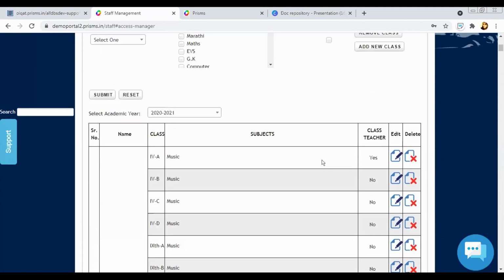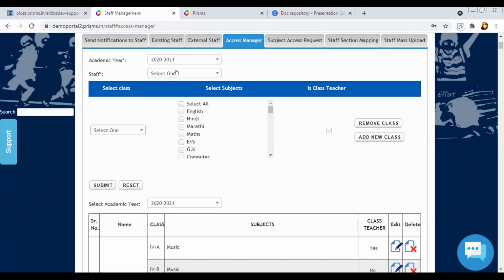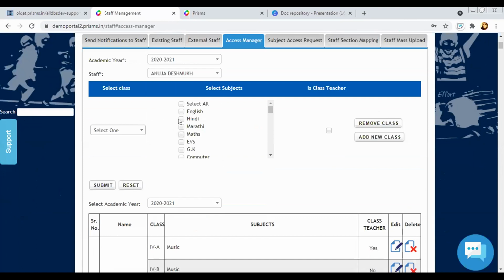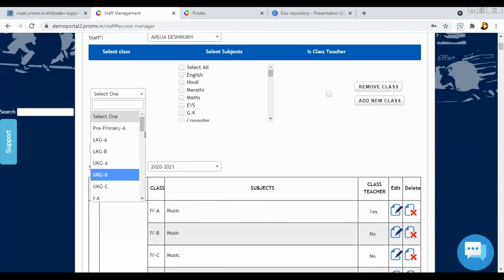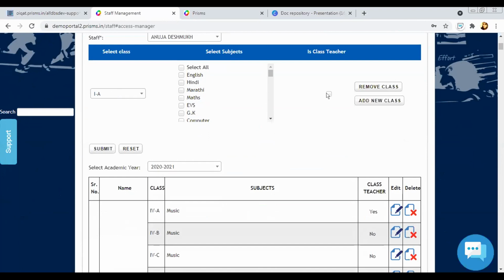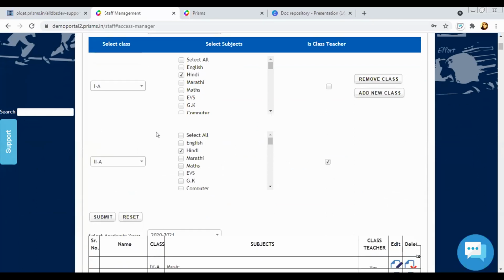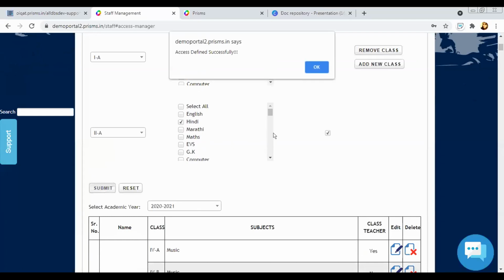If you have not given access to your teachers, you need to simply select a particular staff, and like the same thing we did in the employee form, you can select the class and subject that they are teaching, whether they are the class teacher, and you can add multiple classes over here if they're teaching multiple classes. Then you can give access for the same.